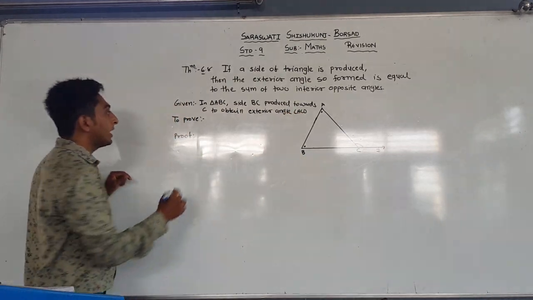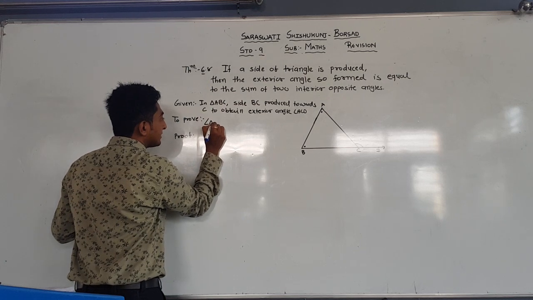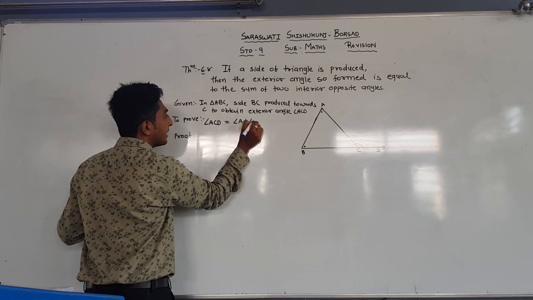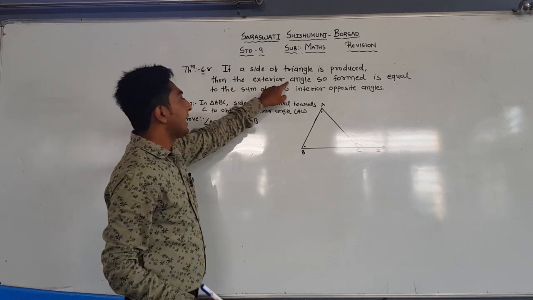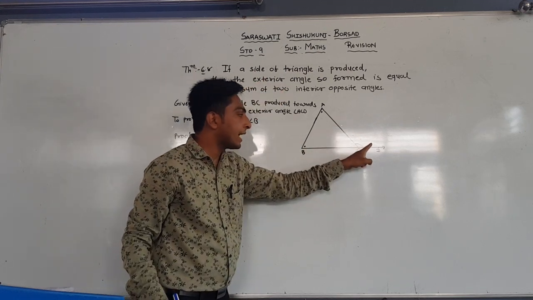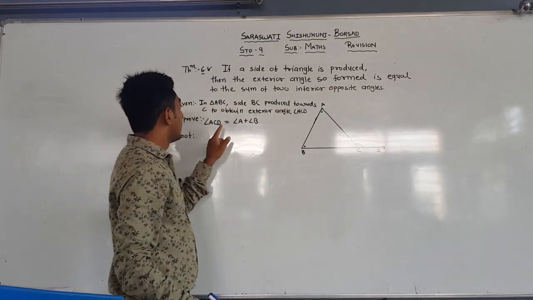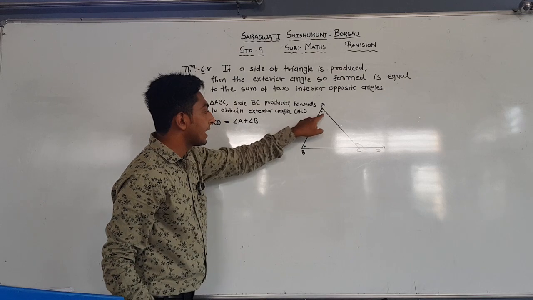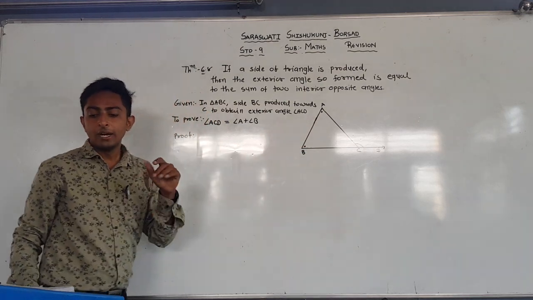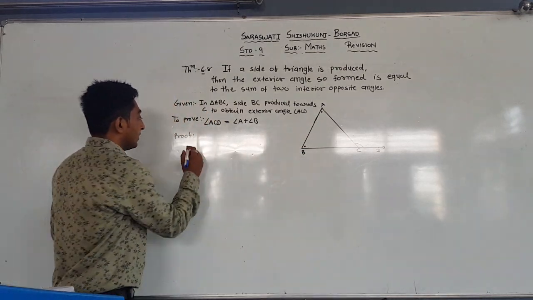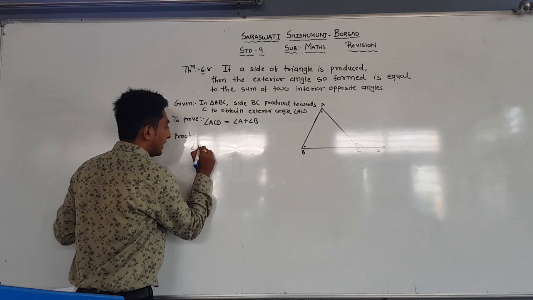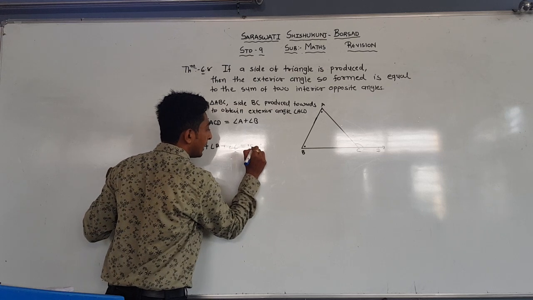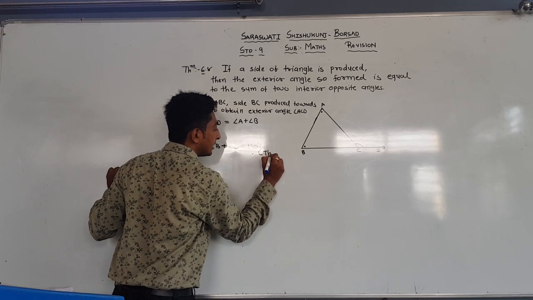Now what we have to prove is that exterior angle ACD equal to A plus B. That is, I have to repeat: the exterior angle ACD is equal to the sum of two opposite interior angles, that is A plus B. Now we know that angle A plus angle B plus angle C equal to 180 degrees by theorem